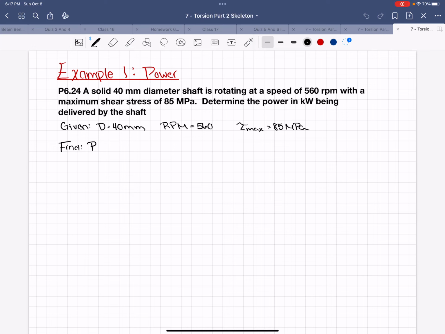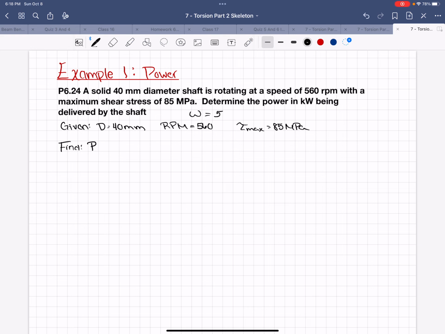Right, so here's a pretty straightforward example of dealing with power when we're looking at torsion in shafts. So we have a solid 40 millimeter diameter shaft. It's rotating at a speed of 560 RPMs. So really this is